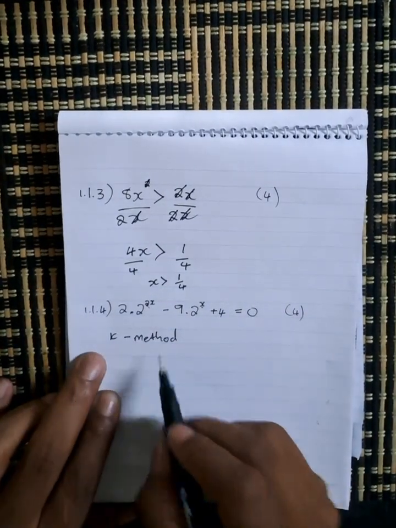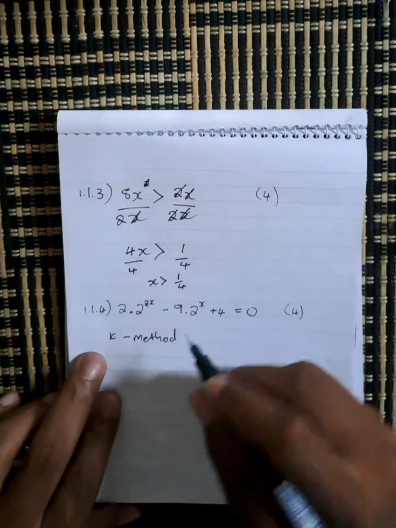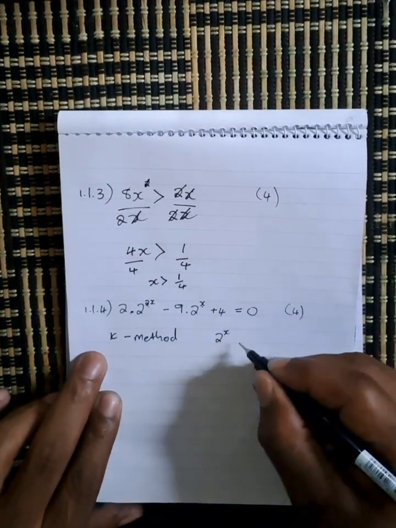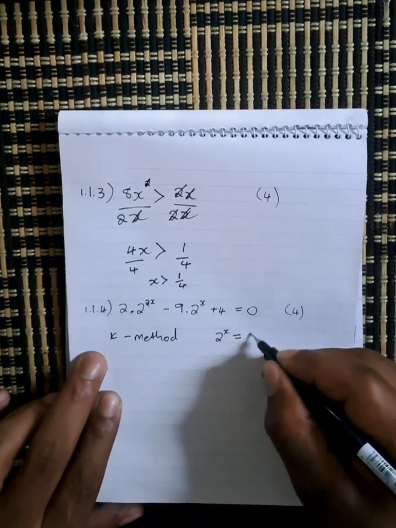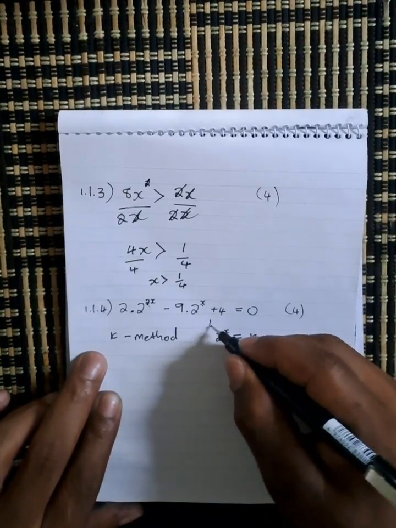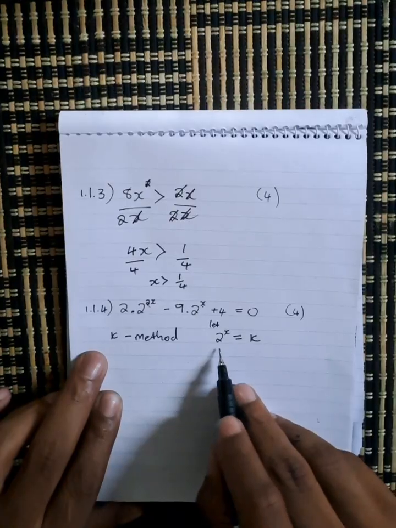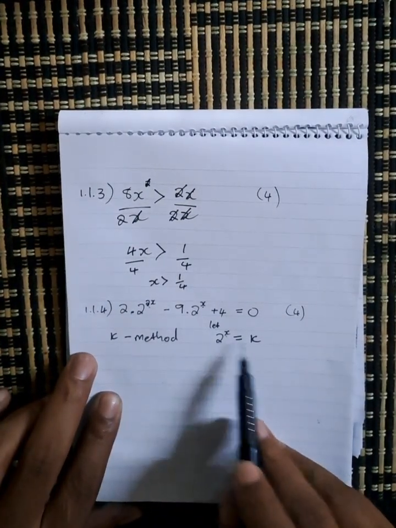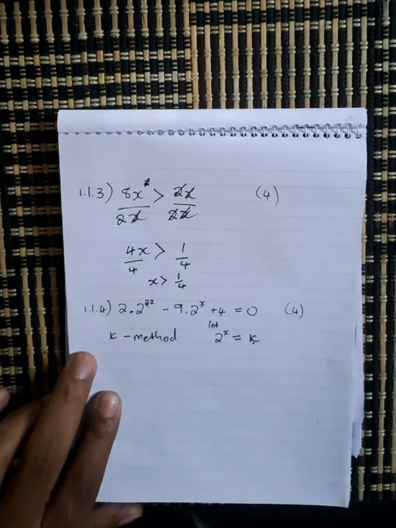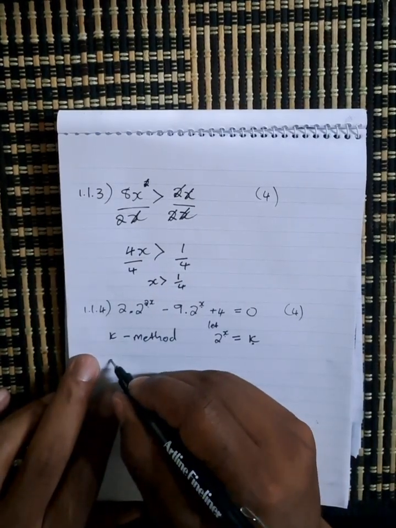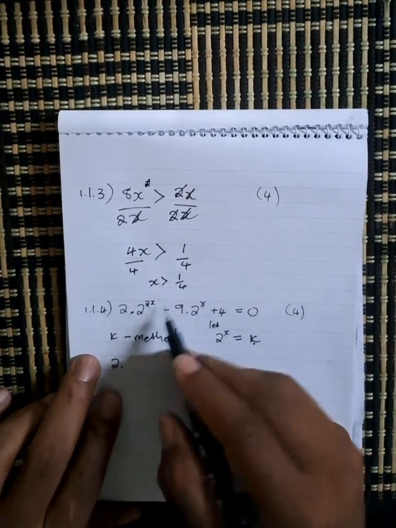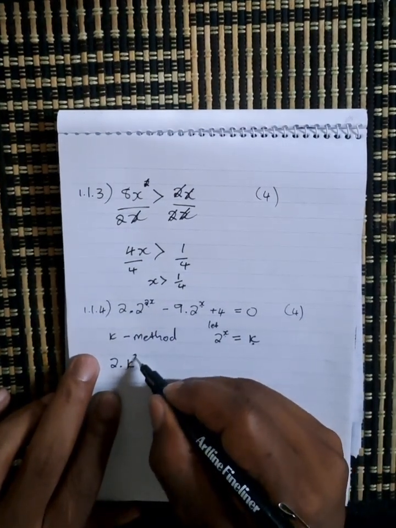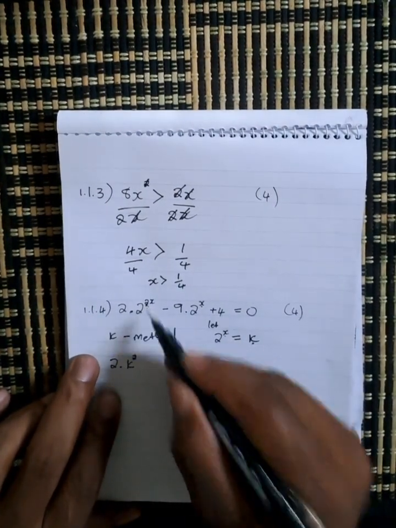What I'm going to do is say let 2 to the power of x equal k. Wherever I see 2 to the power of x, I'm just going to put k. So 2 multiplied by, since there's a 2 to the power of x squared, it's k squared,